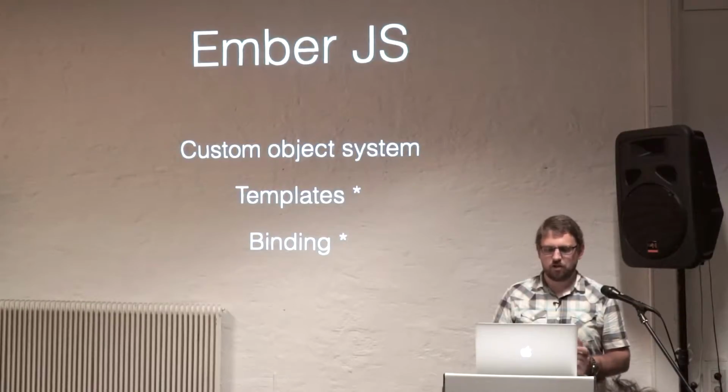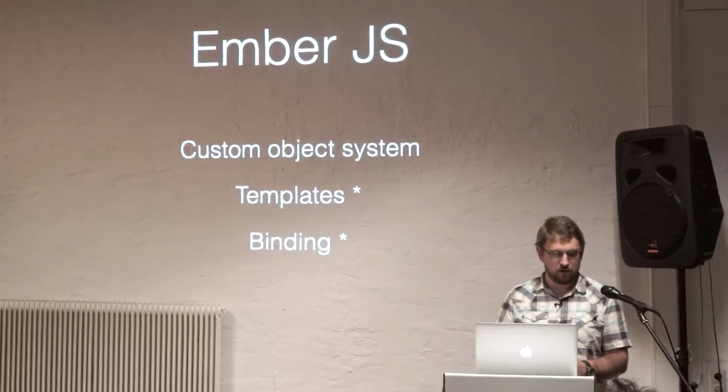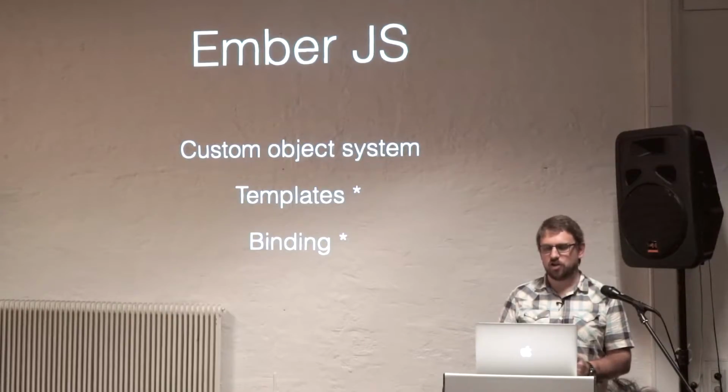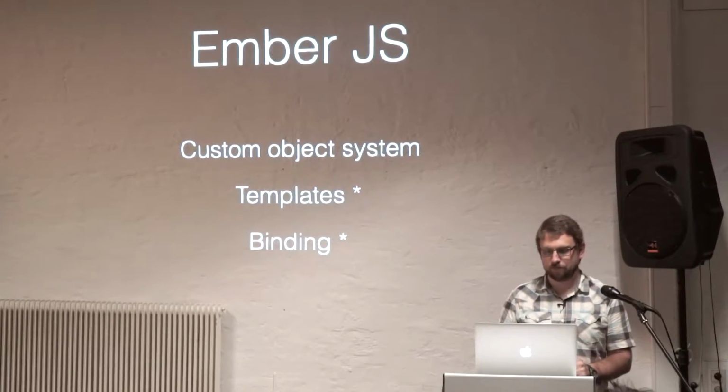Templates. Templates are good and bad. On the one hand, they enforce you to put logic maybe where it's supposed to go, but on the other hand, why can't I just use JavaScript? You've always got this struggle to replicate the logic that you need when the language already has what it needs for it. And data binding. Data binding initially seemed like a great idea, but as your application grows or as the complexity of bindings grows, you soon lose track of all of these different messages going in different directions at the same time, and where is the state, and it gets complicated.